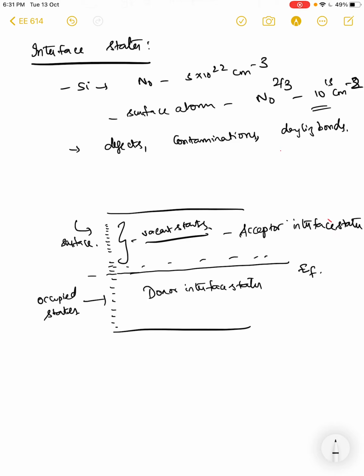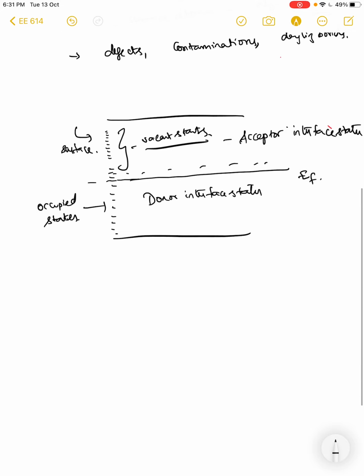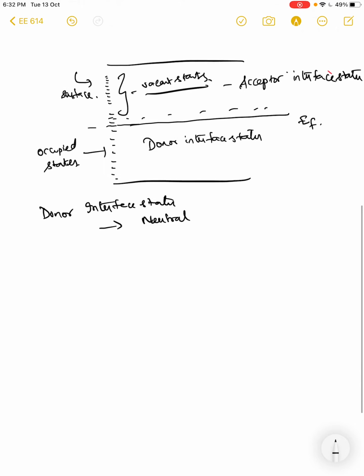Which are neutral when empty, but then they accept an electron and become negatively charged. So let us write again. So basically, donor interface states are neutral when occupied and positively charged when empty,